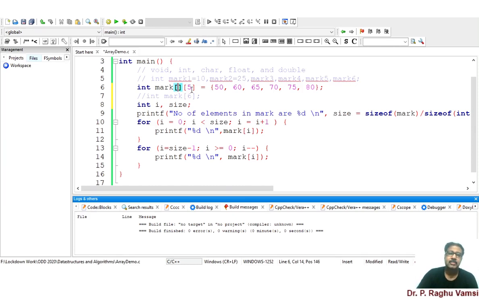Here 5 means it will grow up to 4 comma 4, since the array index starts from 0: 0, 1, 2, 3, 4. So total 5 elements. It means a 5 by 5 matrix can be prepared. This is the way you are supposed to use the multi-dimensional array.